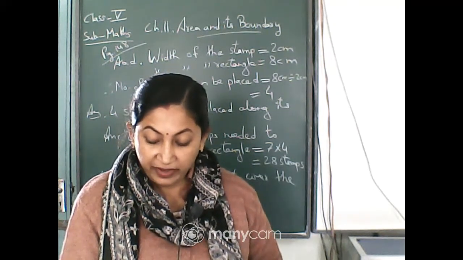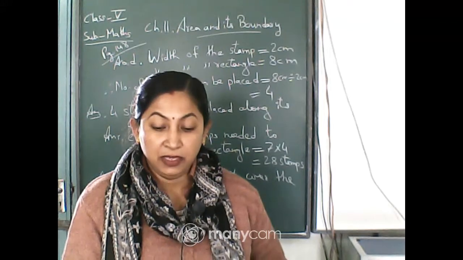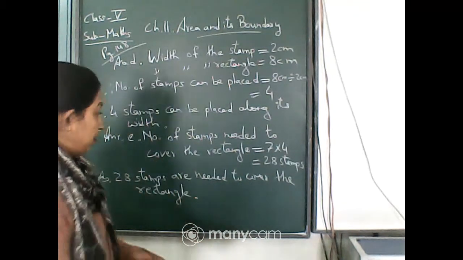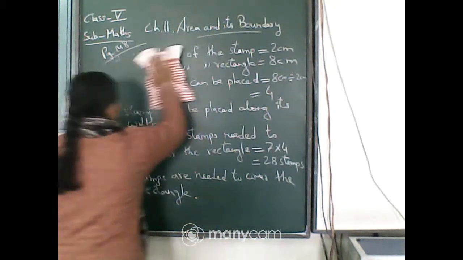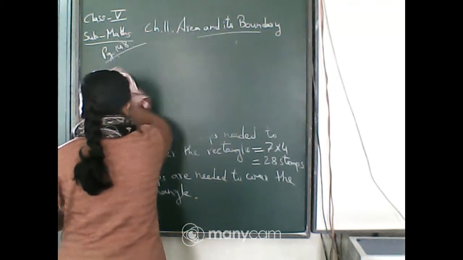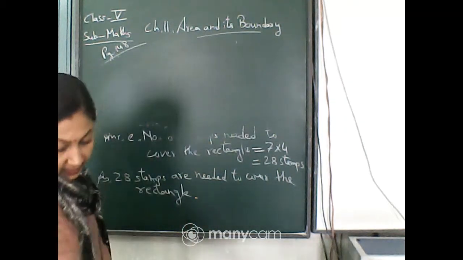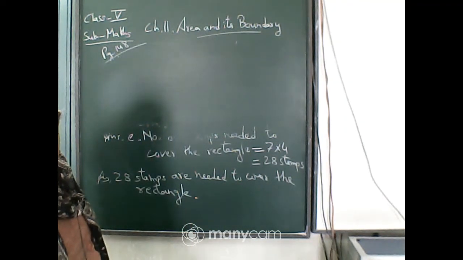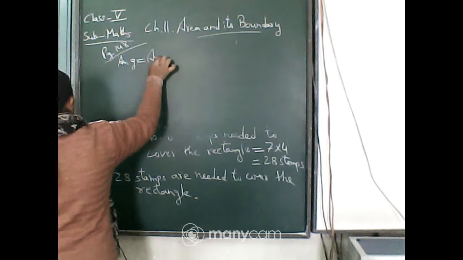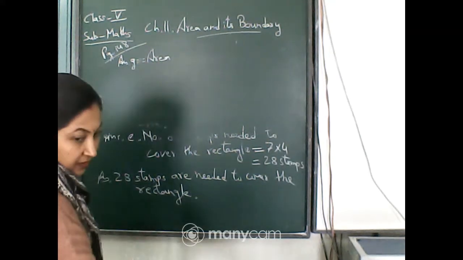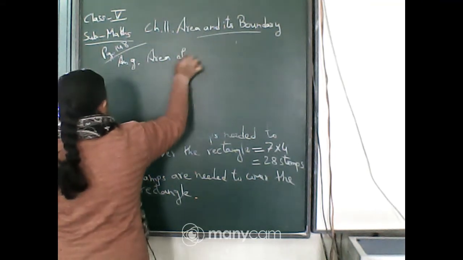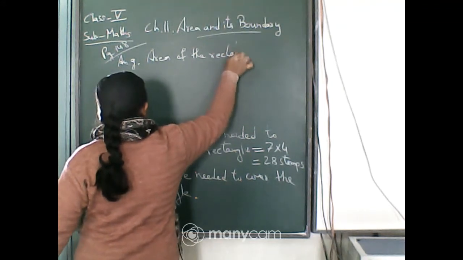Now the next one. What is the area of the rectangle? Now quickly find the area of the rectangle with the formula. It is very easy. This is number G. Answer G. Area of the rectangle is equal to